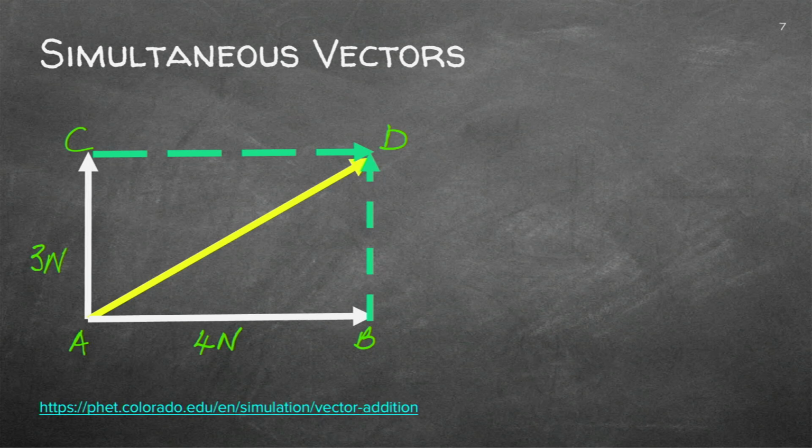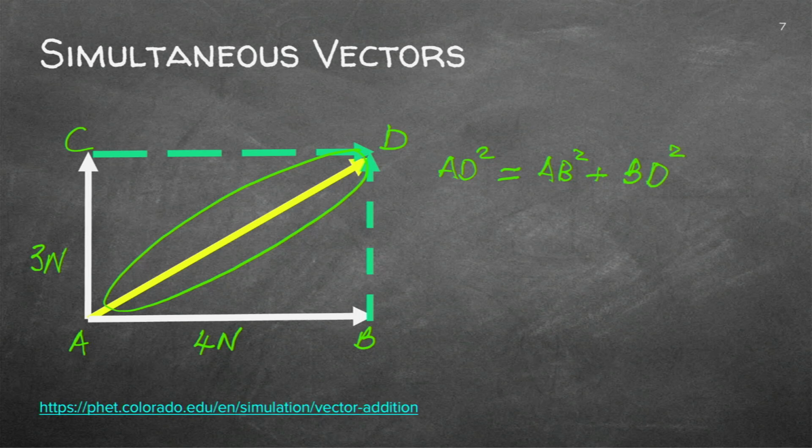The interesting thing is you can do it with a graphical representation like that. Now, if they ask you to calculate, how do I calculate the diagonal line if I've got a horizontal 4 and a vertical 3? Just think a bit. What did you do in mathematics? Pythagoras. So Pythagoras will tell me I've got AD square, that will be equal to AB square plus BD square, the sum of the two sides.